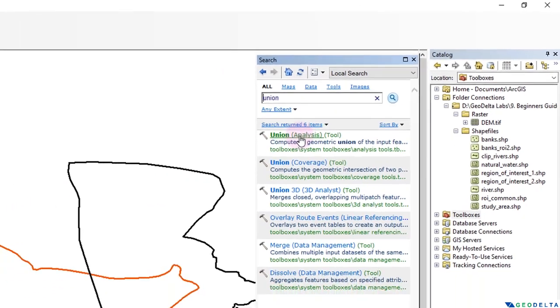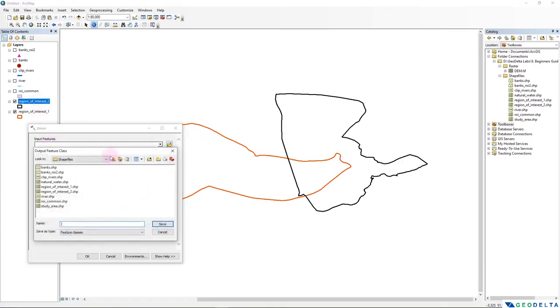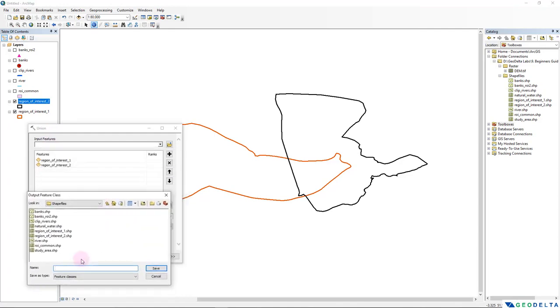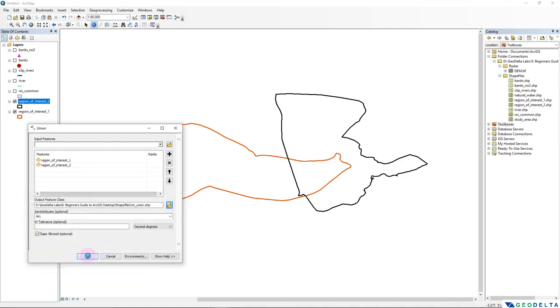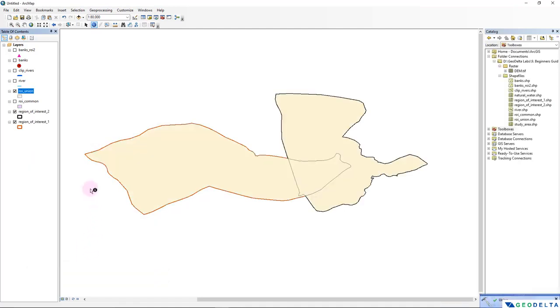I'm going to use this union analysis tool, and similar to what we did before, I'm going to drag these two layers over here, select the corresponding path. I'm going to say region of interest union, and if I click OK,